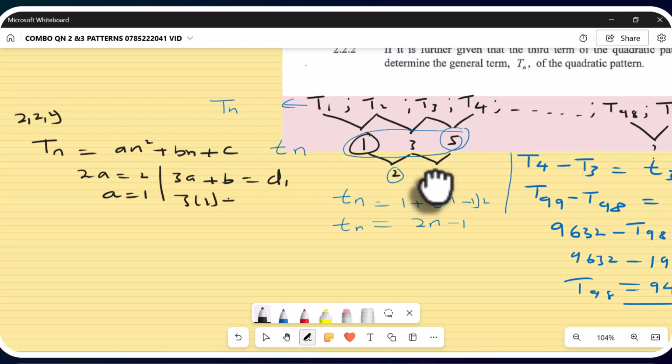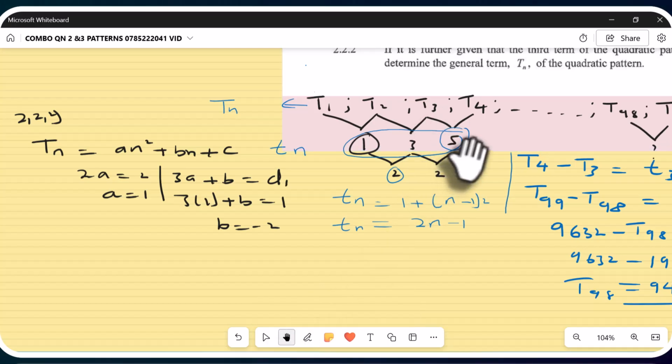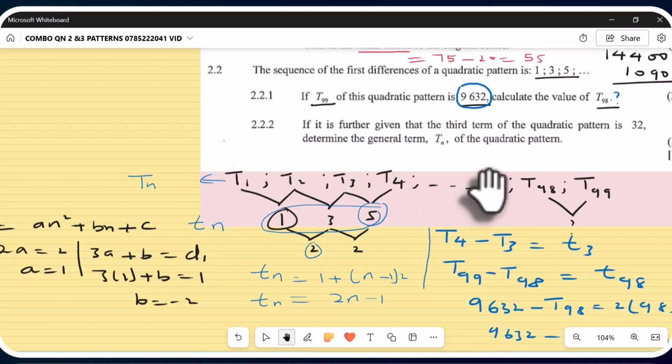Now they said that it is further given that this third term, capital T3, is 32. So I'm going to get my c using that now. I know the a and b so far, so good. From here, I can come back and set